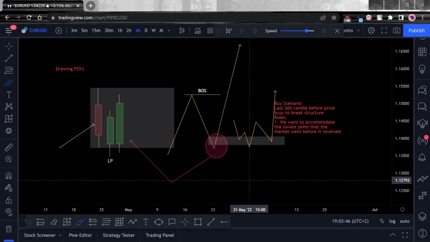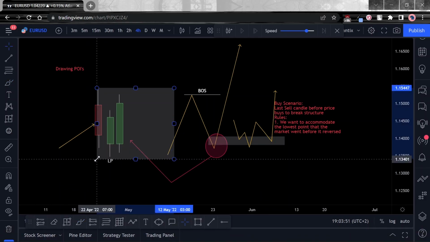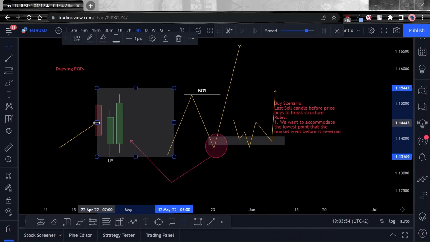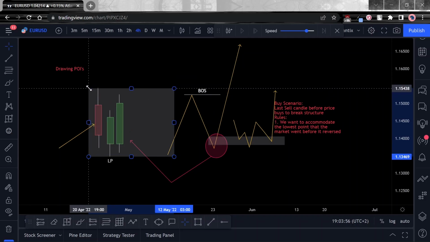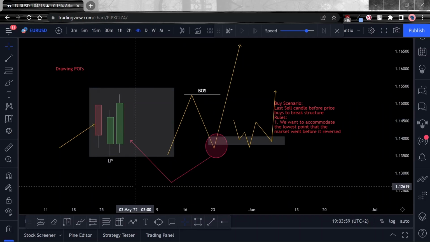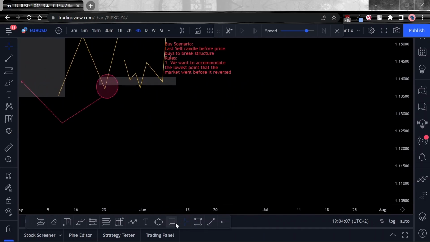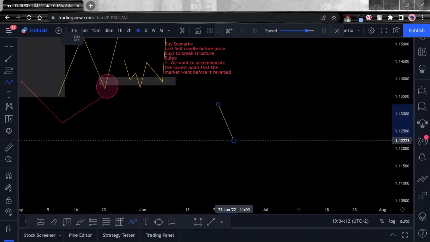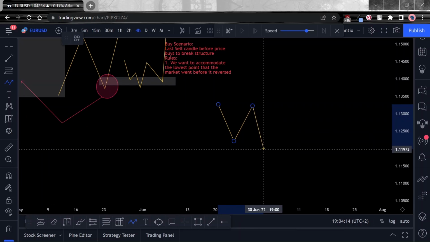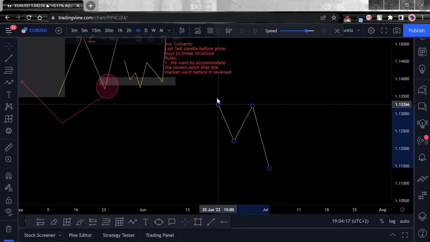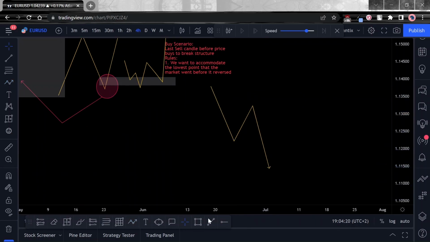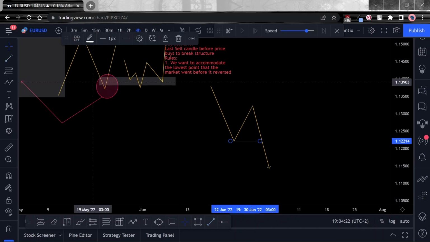So you obviously want to make sure that for that reason you keep all your LPs accommodated for before you mark a zone. Okay, right, so you mark a zone like this. The opposite is also true in a scenario where you are buying, right? So let's say we have price in a scenario where you're selling, so you have price come down like this, and then bang, and then a continuation, right? So you obviously have a bearish break of structure over there,